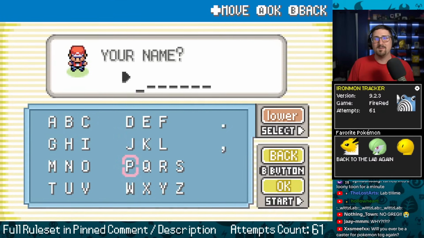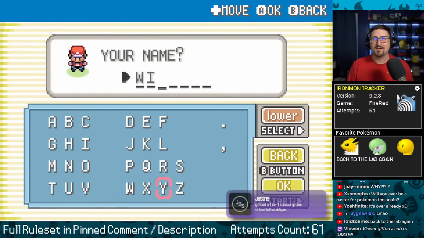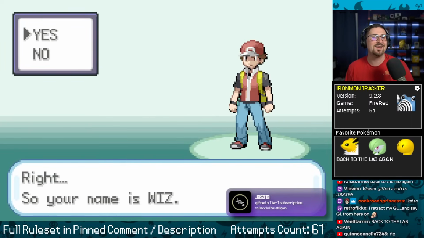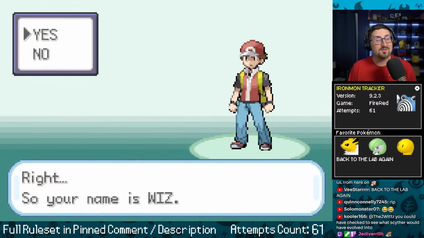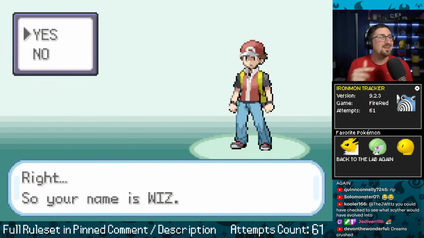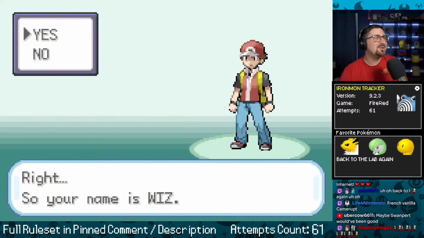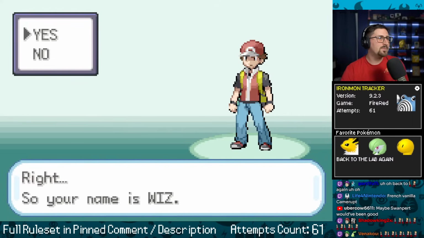All right, new run. Like I said, most of the time you don't make it out of the run. You don't usually have a strong Mon like that. Back to the lab again. Gifted from JBS, who loves to gift, perhaps even create themed accounts. By the way, we got the new Back to the Lab animated emote, which I really love. We also started adding them to the Twitch supporters as well.